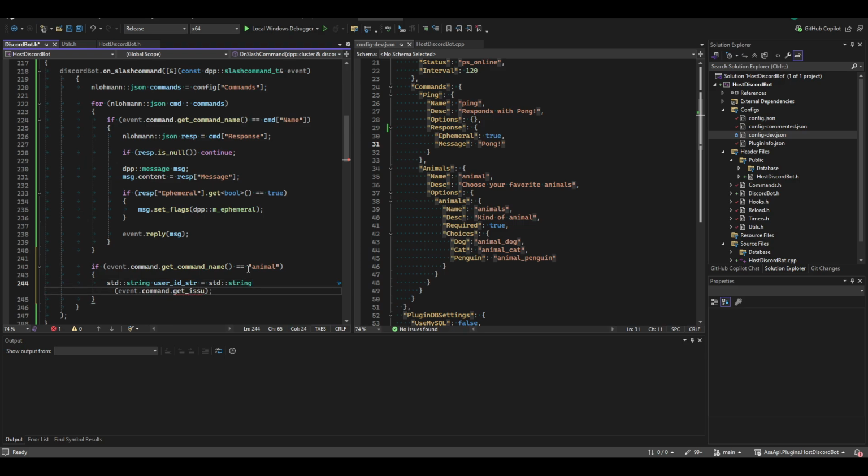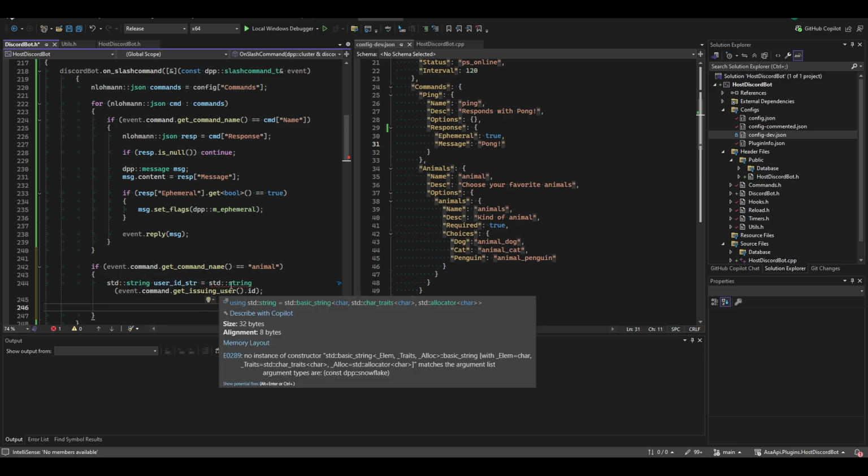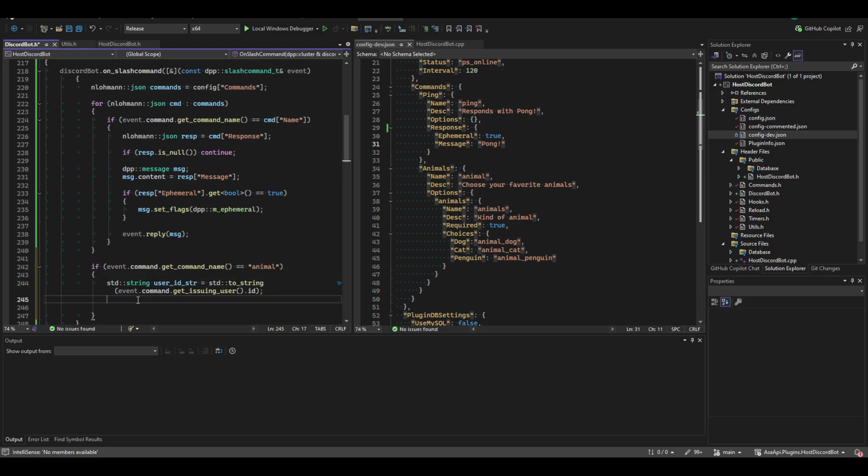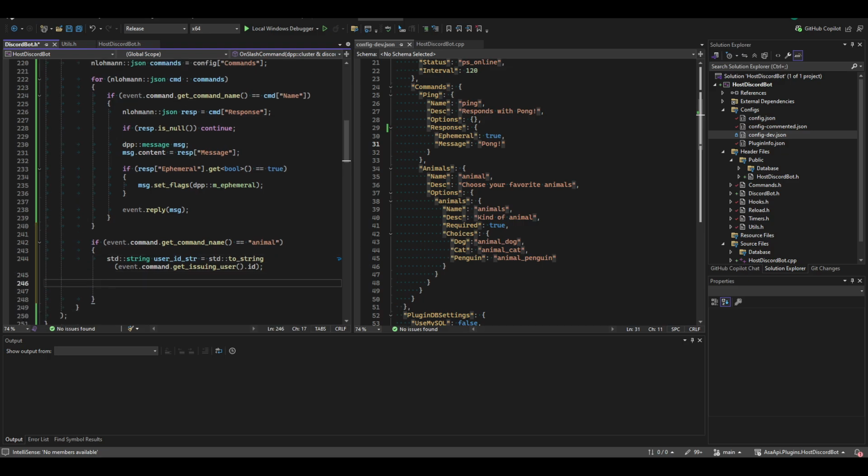Get the user ID, which is the Discord ID, so you can use it later on. std::to_string, because you're converting those IDs into a std::string. Animal: std::get<std::string>, event.get_parameter